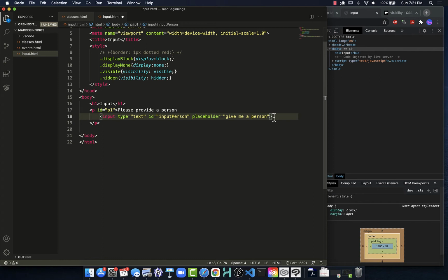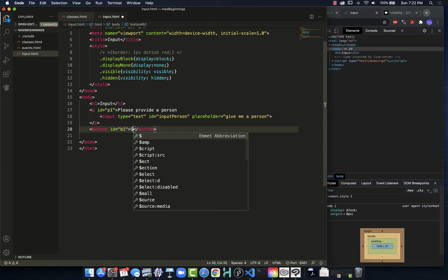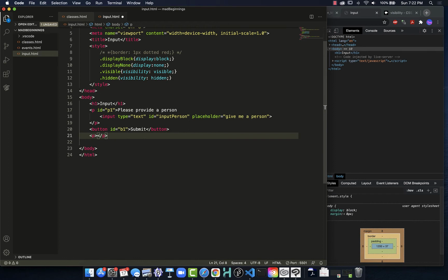We should never rely on that as the only option when we're inputting content into a field, because once you start typing, that hint disappears, and we should always still have a label element. In this case, I'm just using the text of my paragraph to do it. Then I'm going to create a button, and then we will just put an ID on it, give it B1, put some text on it, and now I want to put in one more paragraph here,